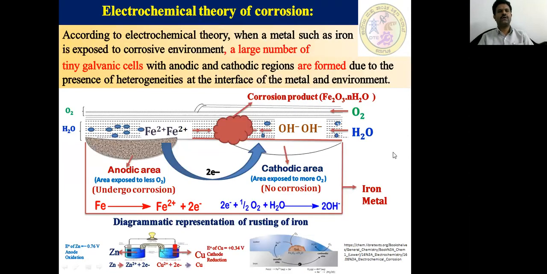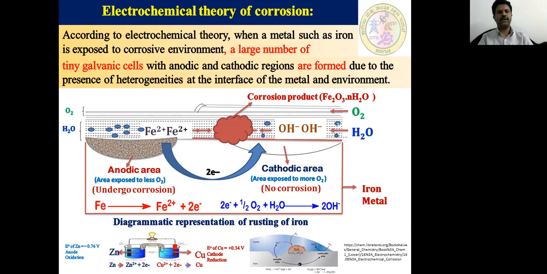Let's discuss a very important theory, the electrochemical theory of corrosion, by taking iron as an example. How iron undergoes corrosion, we can explain through the electrochemical theory. As we know, electrochemistry is a branch of chemistry which deals with the study of interconversion of energy. That means the conversion of chemical energy into electrical energy, or electrical energy being used to conduct non-spontaneous chemical